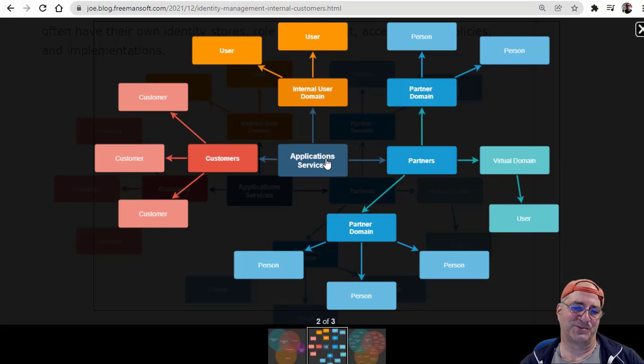And then you kind of have small outfits, the mom and pop shops that are one or two people. And they basically need to manage all their identities on the system, on your system, some kind of console you've got, because they don't have any integration capability. All right, so let's go look at a couple of these.